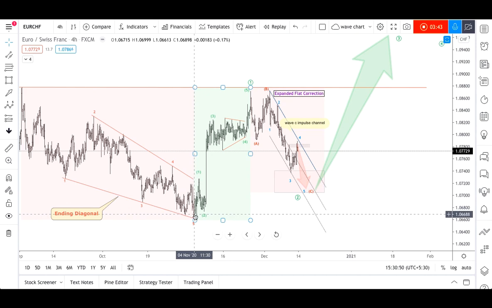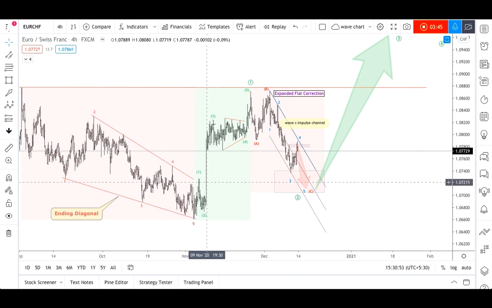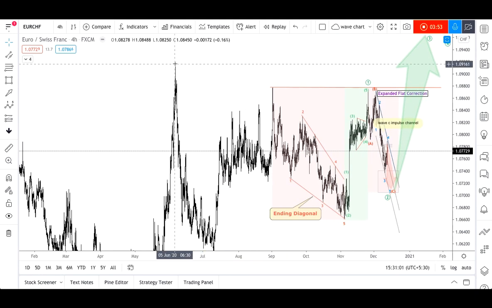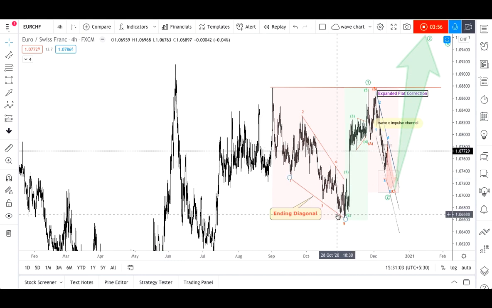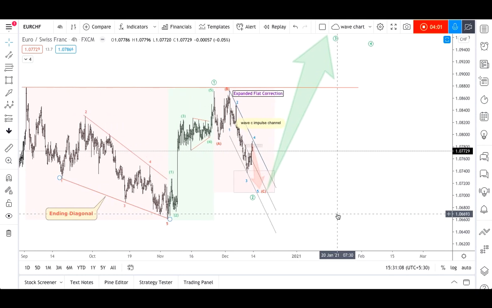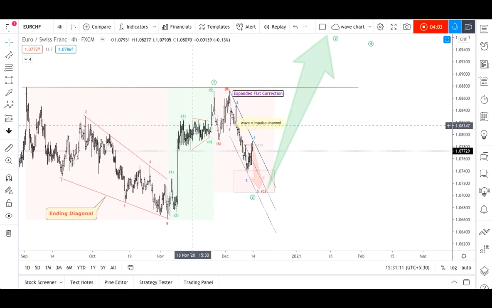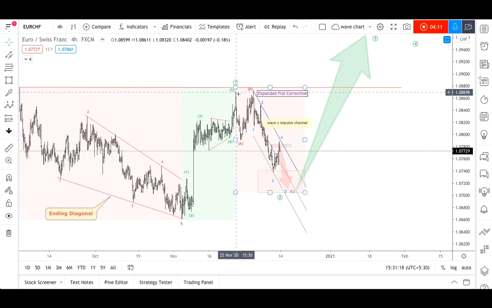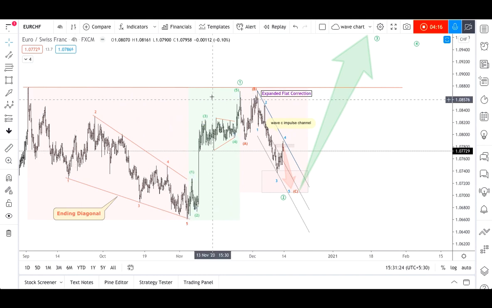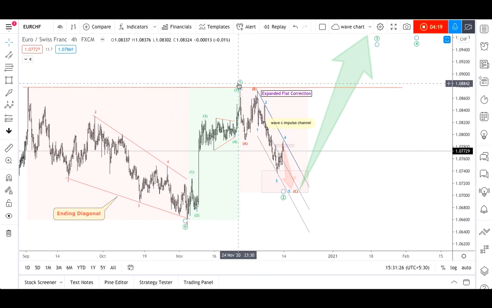So this 5-wave structure: wave 1, wave 2, wave 3, wave 4, wave 5, we can designate as a wave 1, the start of a third wave. If I say this is wave 1, A, B, C is my wave 2, and we are in the third wave. So this structure is a wave 1 of 3 of a larger degree third wave. What happened here? We got an upside movement up to this level, the region from where the ending diagonal started. So I designated this part as wave 1.